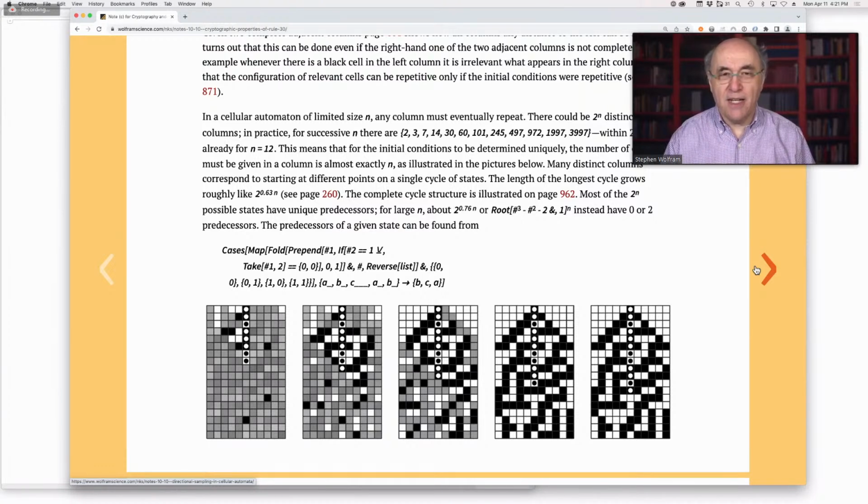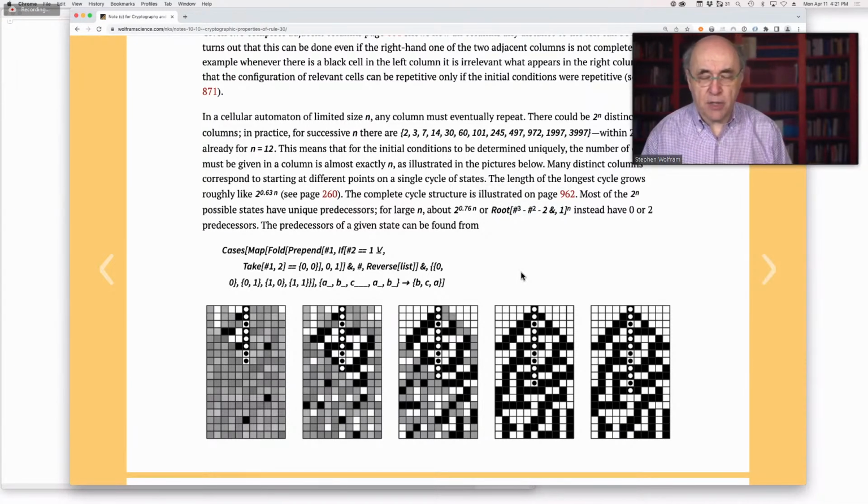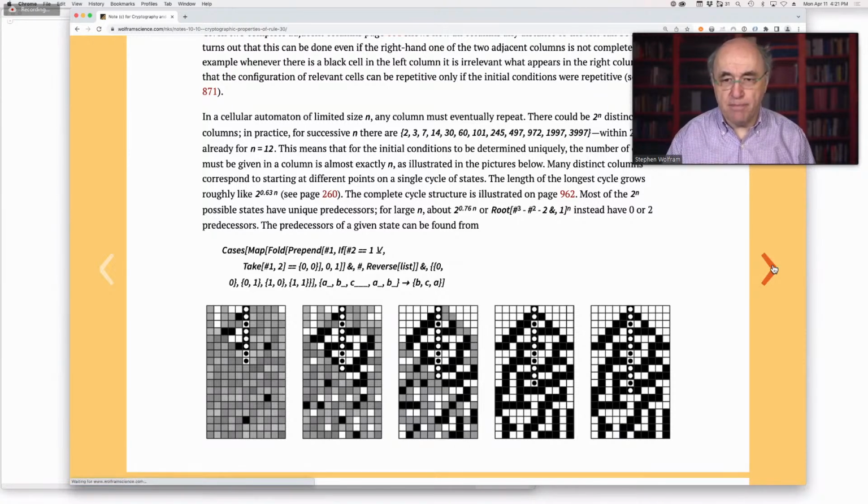Maybe there's been an erratum to the book by now. But in any case, Rule 30 is not Rule 60. Rule 60 is an additive cellular automaton that is quite easy to cryptanalyze. Rule 30, so far as we know today, cannot be broken as a cryptographic system. And this note gives a few details about its performance as a cryptographic system.